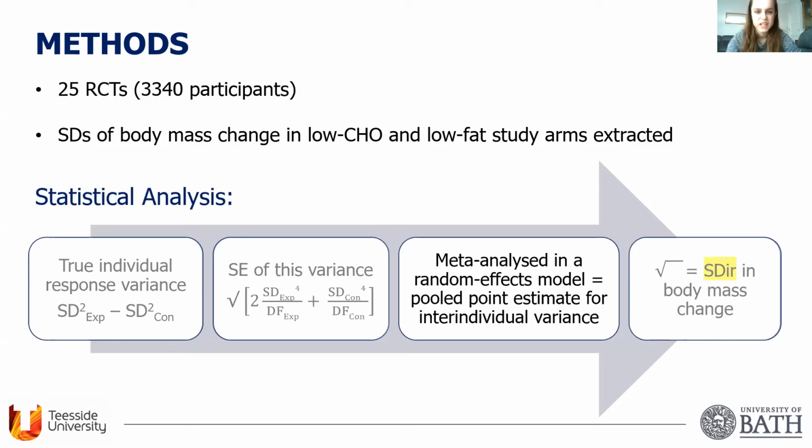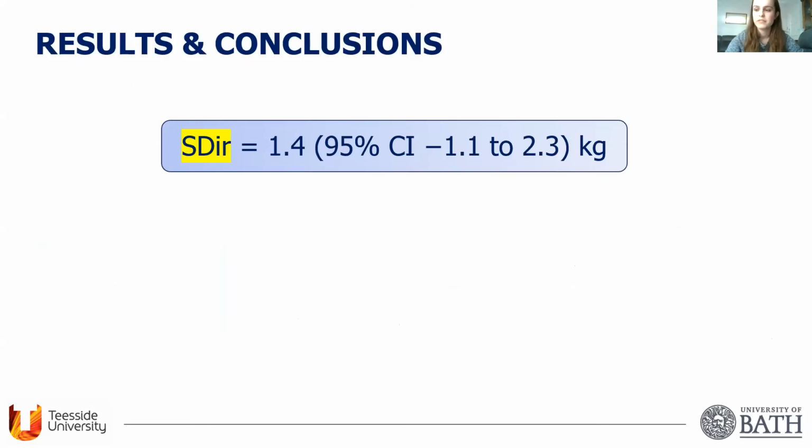The individual response variances and their standard errors for each study were then meta-analysed in a random effects model to give a pooled point estimate for inter-individual variance. Finally, the square root of this value gives us the standard deviation for inter-individual variability in the body mass change, which is the key value that we're interested in here. We also calculated a 95% confidence interval for this response variance. So we found that the standard deviation for inter-individual variability in the body mass change to be 1.4 kilos, with a 95% confidence interval between negative 1.1 to 2.3